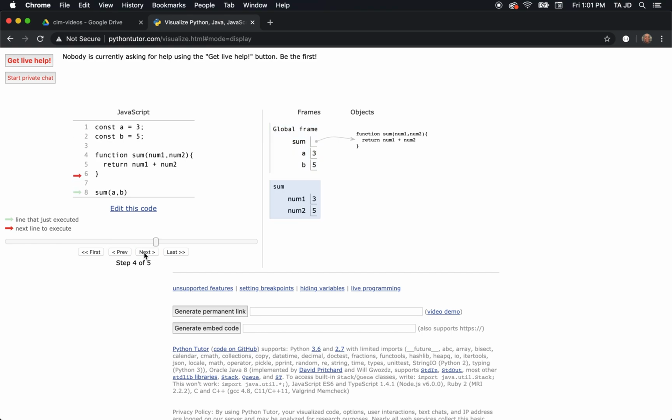So it executes here, it goes up as it runs the function and looks at that line where it sees it needs to add 3 and 5 together. We step through it again, and we get our return value 8. After we get our return value 8, it comes off the stack,